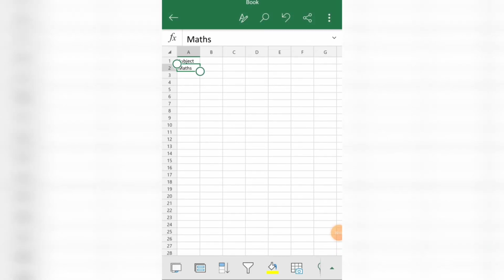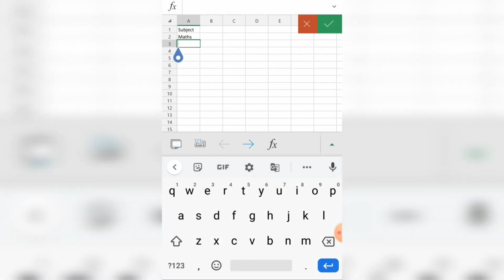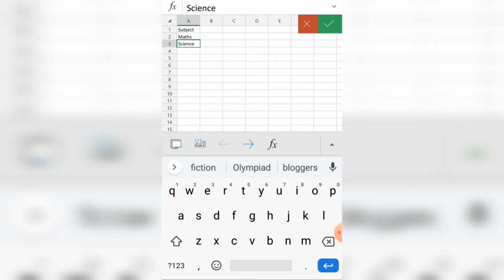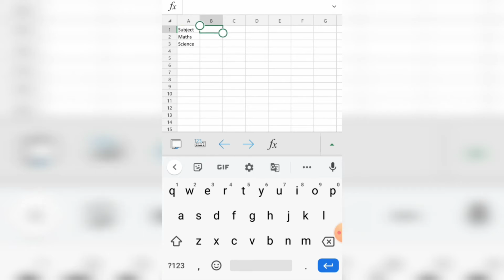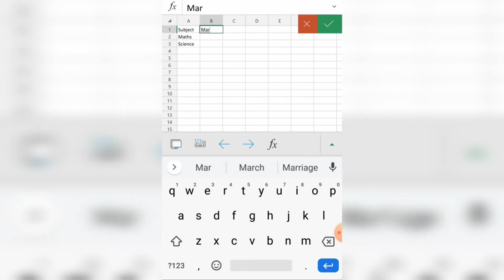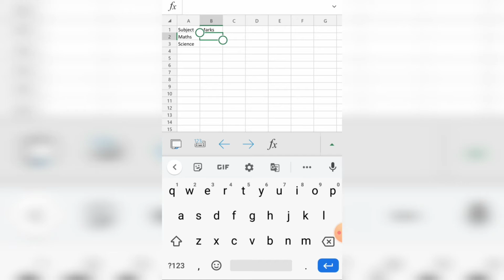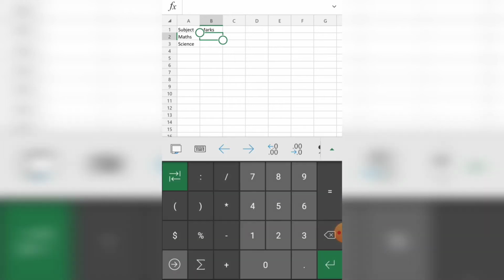To move to the next cell, you can just select that cell and then again double click in order to enter the data. I'll just give the subject name, and then in my B1 column I want it as marks, so I'll type marks and then place your cursor there. I want to type in the marks of the student. To make it easier, you can see there is one particular option. Just click on that. This numerical pad appears in order to make your work easier. So I'll just give the marks,